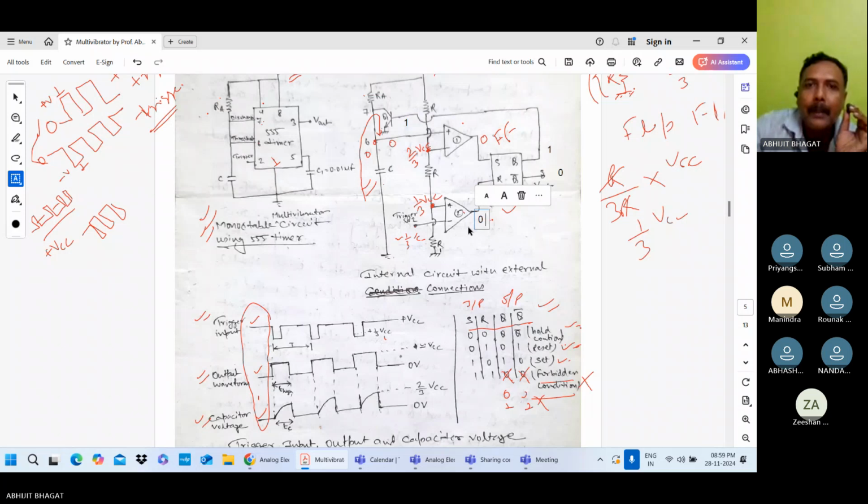अब ये नेगेटिव टर्मिनल का वोल्टेज 1/3 वीसीसी से छोटा हो गया, और यहाँ पे 1/3, माने पॉजिटिव टर्मिनल का वोल्टेज ज्यादा हो गया, माने योर आउटपुट विल बी व्हाट? 1। क्लियर? पॉजिटिव का ज्यादा माने आउटपुट 1 हो गया।